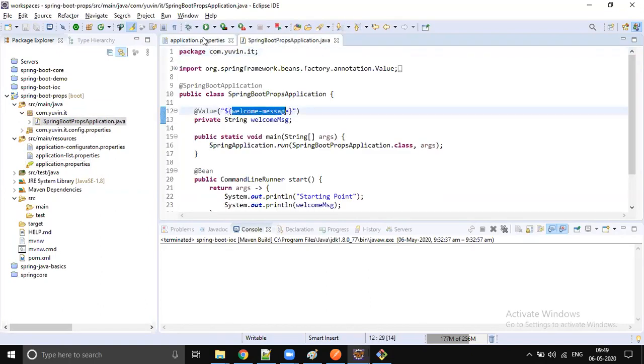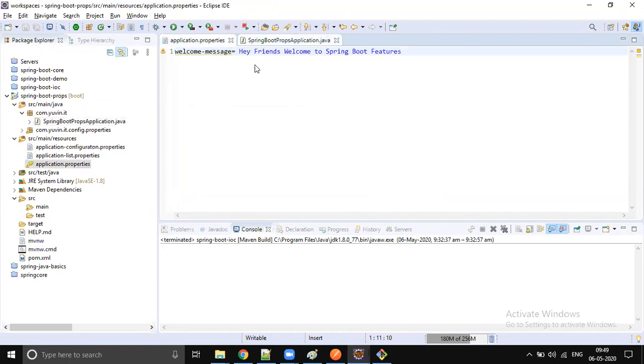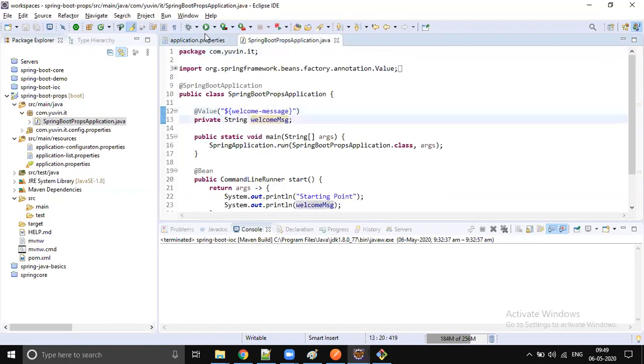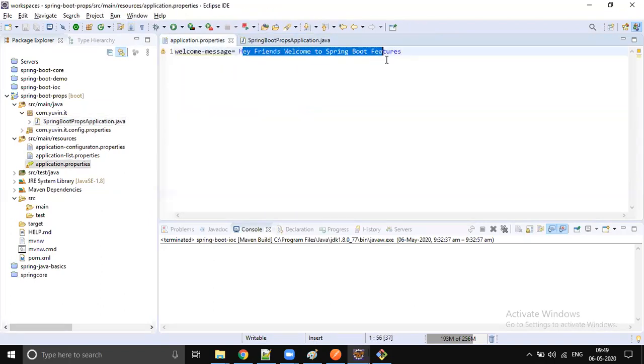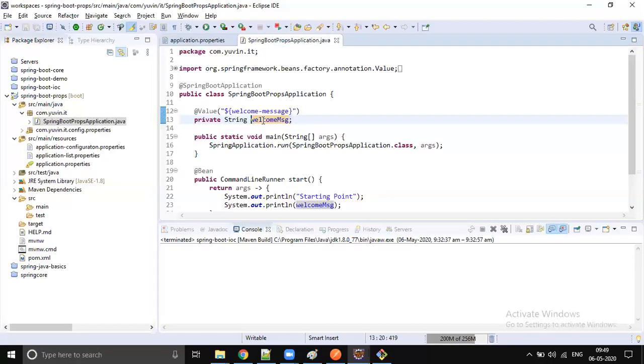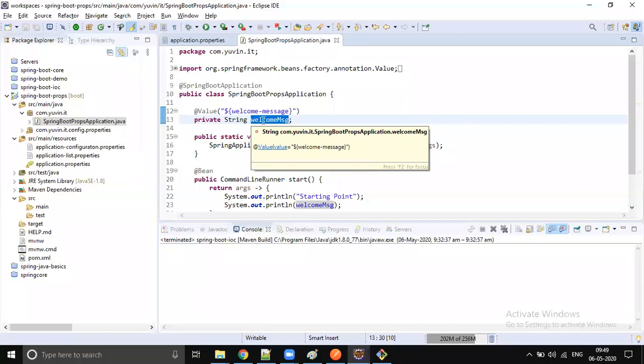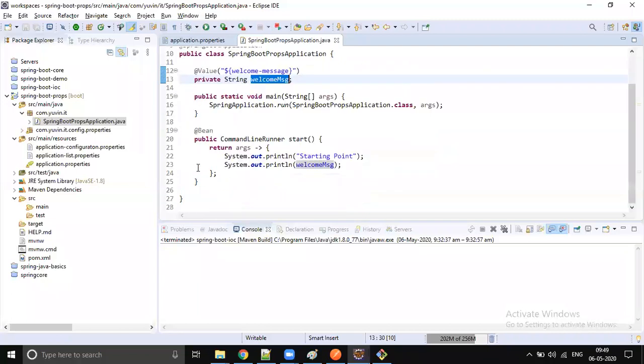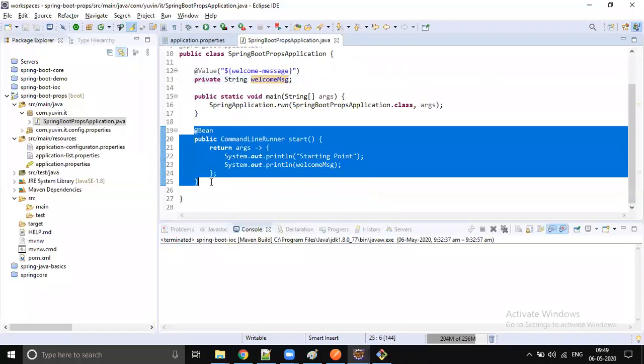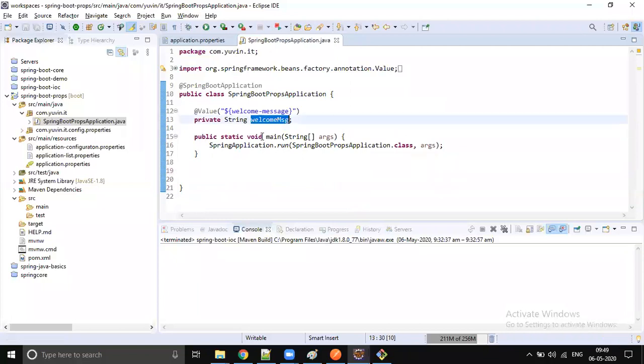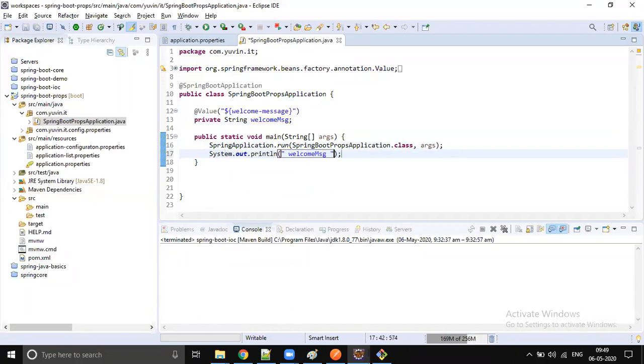Then the message, "Hey friends, welcome to Spring Boot features," will be loaded automatically into this field. I'll remove this field and print this message on the console, System.out.println, the welcome message.